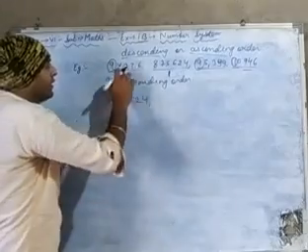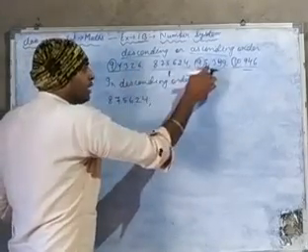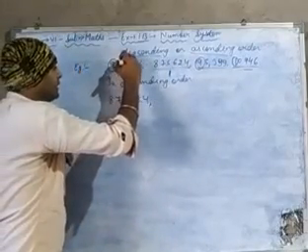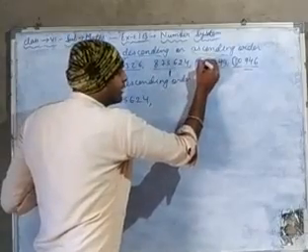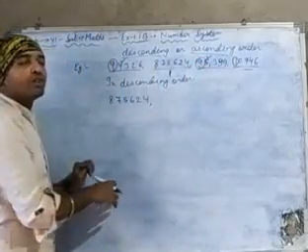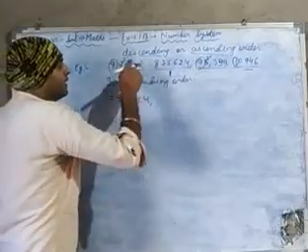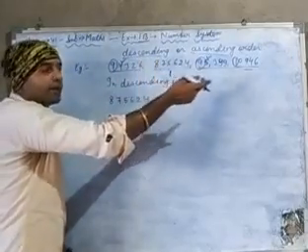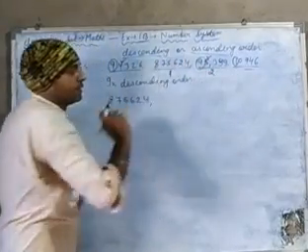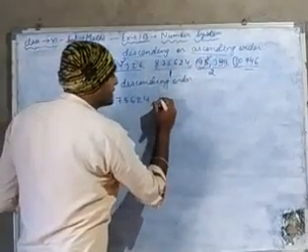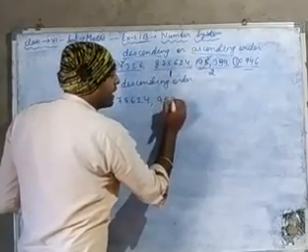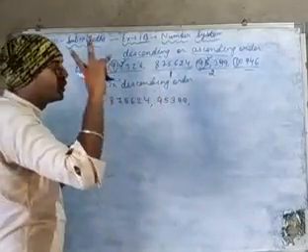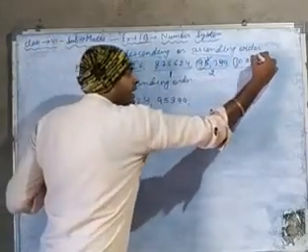Now again 9, 9. These two have the same digits. Again we have to see the other digits. Here 4, and here you can see 5. Now which one is greater? Obviously 5 is greater than 4. Means the next largest number after this, we will write this number, 95399. And then how many numbers are left? 2 numbers. This one and this one.